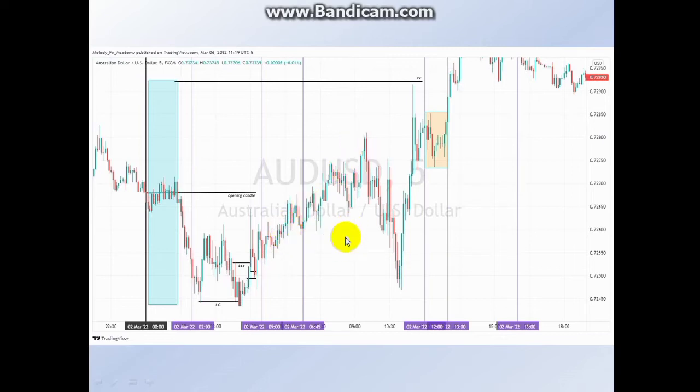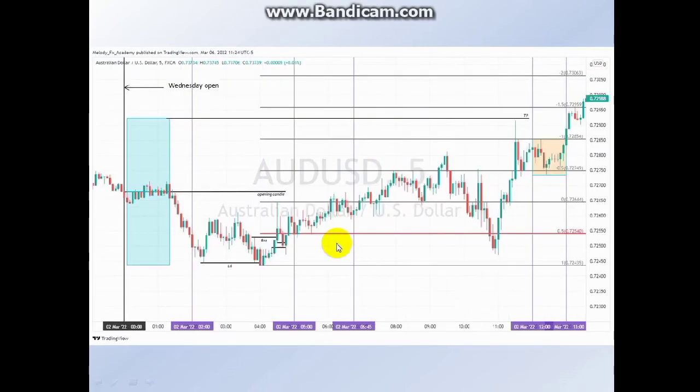So now let's go deeper, let's see what we have here, okay? This is the Wednesday's open. I stipulated it here, okay? This is the Wednesday open, and this is that price, same price action here, okay? So price is below the opening candle. You grab liquidity, and